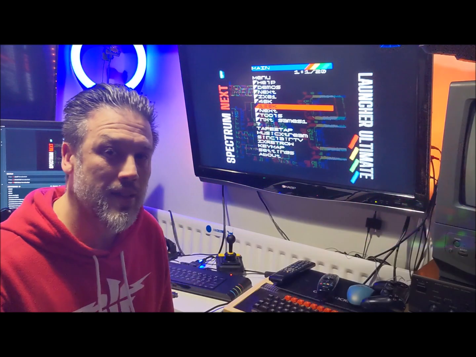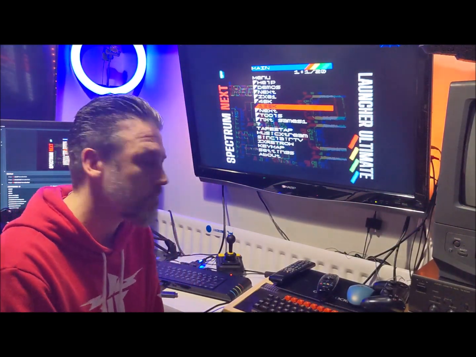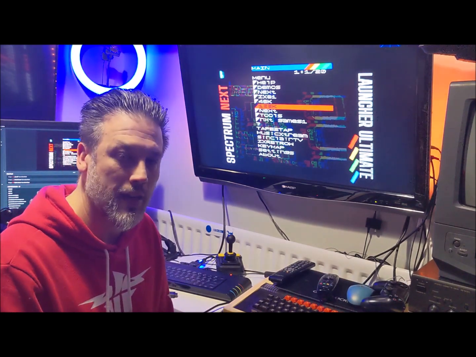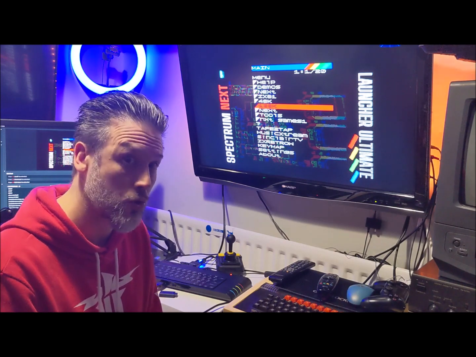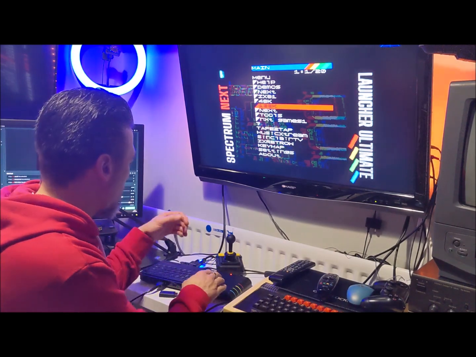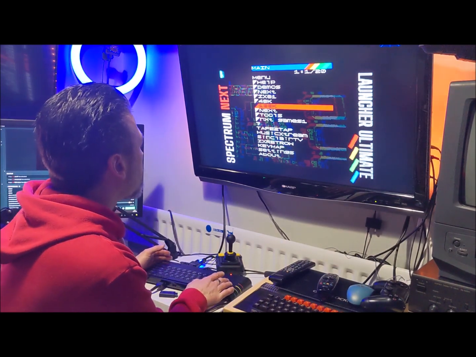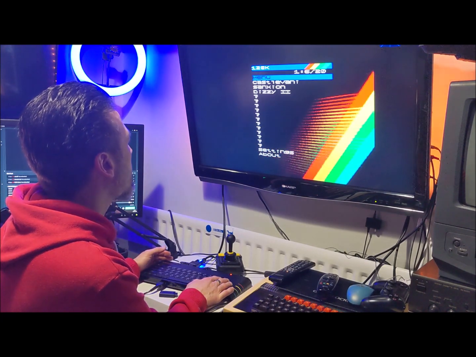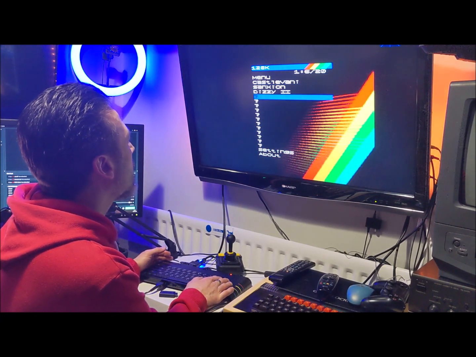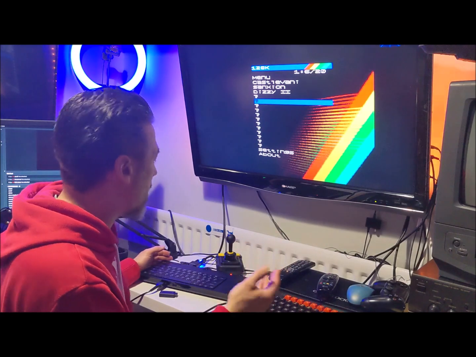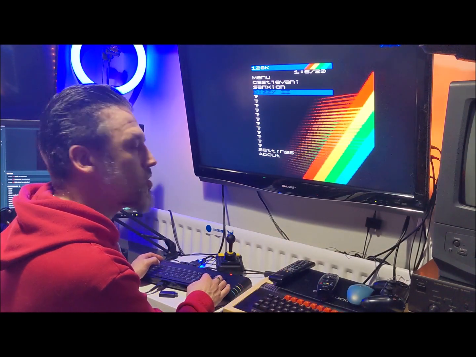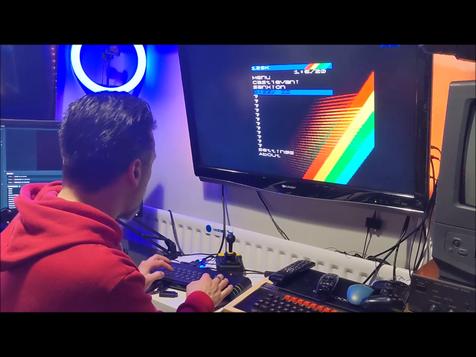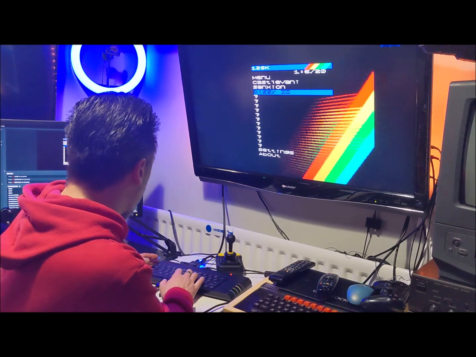So as well as adding Spectrum Next games, you can also add any of your legacy titles as well, ZX81, 48K, 128K Speccy games, and you can select a game and add it the same way as we have with the Next games, but you can also change the way that it loads. So you can select a game, press cap shift and C,